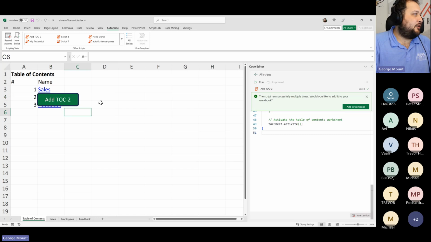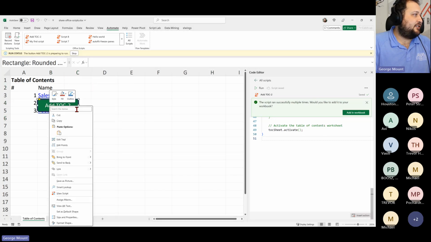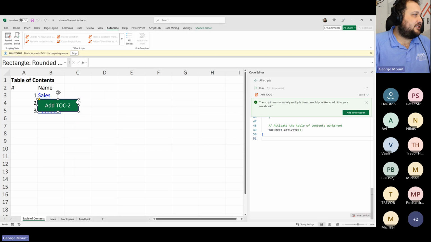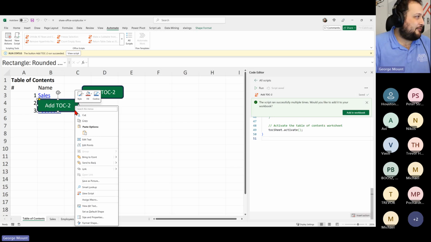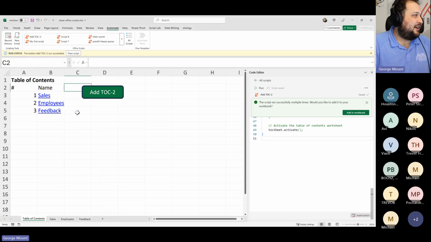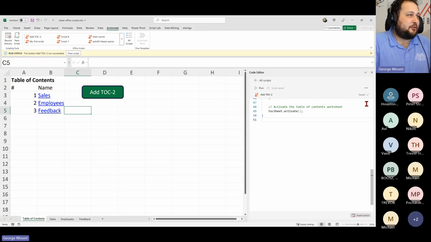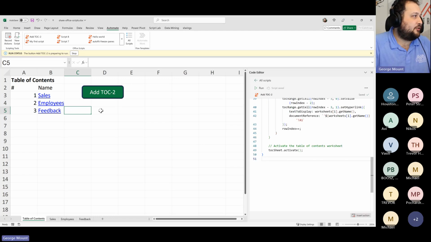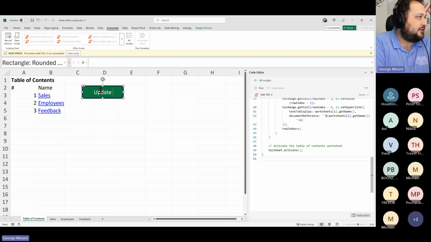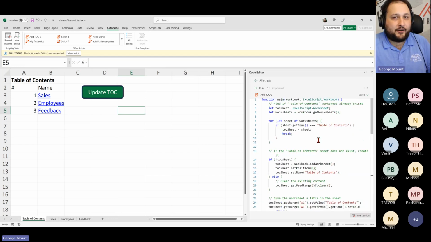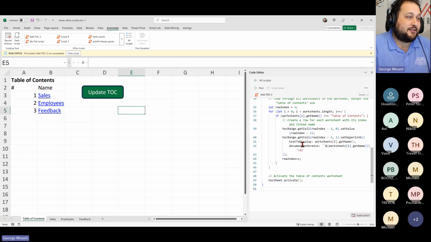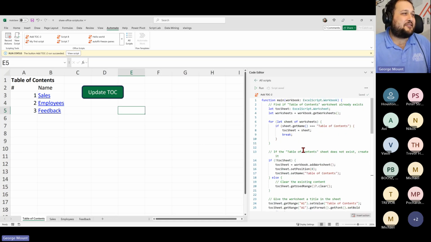Okay, there it is. So what this really means is it's going to add this little button, which is just a little easier. Let me try to resize this. You have to right click it, I think, and then hover it. It's not the easiest thing to move around. But now we have this little button that people can use. If you want to, name this something like update TOC. So this is very VBA-esque, except the nice thing is this is on the cloud, so you can easily reuse this macro. It's not really a macro anymore. Reuse this Office Script in other sources. You just have this little button here.